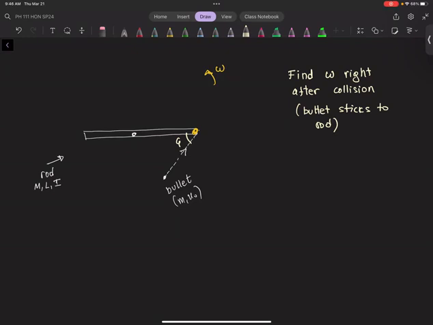So I'm going to call the angular momentum of the system, which is the bullet, essentially, equals to what? Moment of inertia times omega. Let's write omega naught, initial omega. We'll find out what this omega is. Now, the big question is, well, first of all, you know that point masses have moment of inertia, which is their mass times r squared. Yes, I think we sort of discussed this briefly.